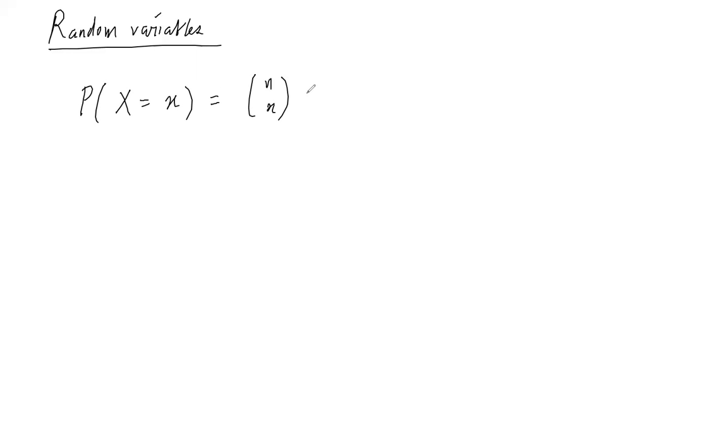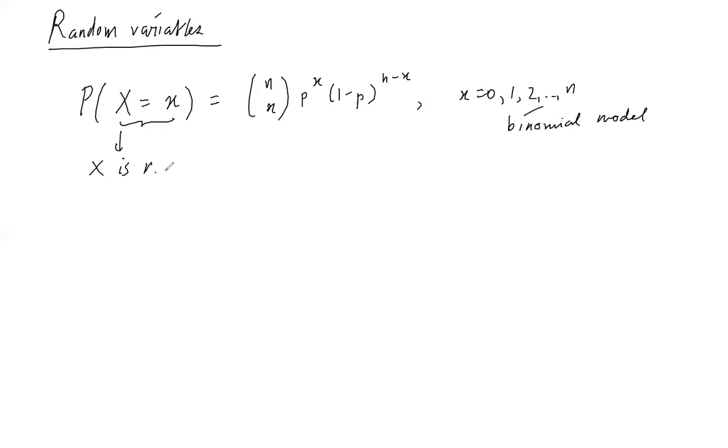And then we talked about random variables, the idea of random variables. Previously we were used to writing things like this. For example, this is what you would write when you are talking about a binomial model, where you say X is the random variable for, let's say, the number of heads in n tosses of a coin, right?